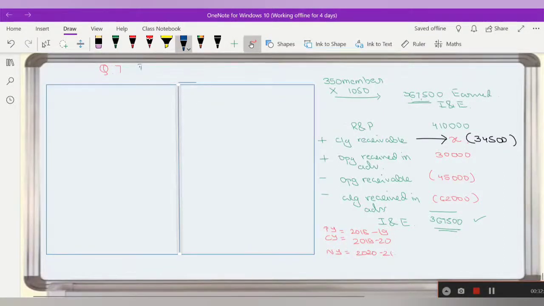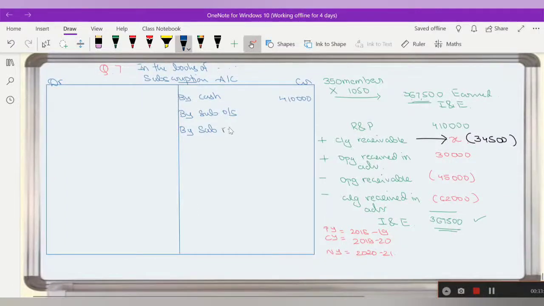So in the books of dash dash dash, subscription account, credit and debit, right? So by cash, how much is received? 4,10,000. Closing receivable has to be added on this side. Okay, subscription outstanding, then by